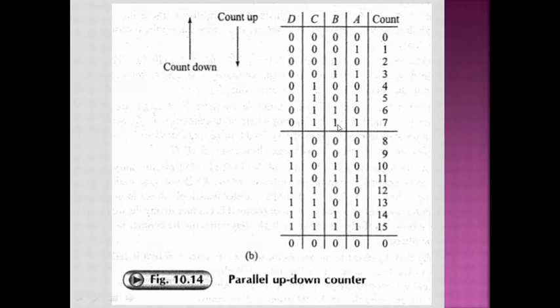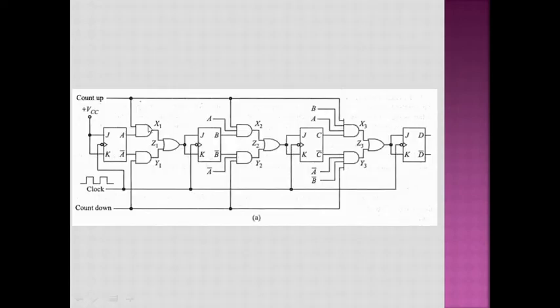So that is the reason in this circuitry we have made one of the inputs the count up line, and the other input A itself. When the count up mode is there, the count up line is going to be high, and the count down line is going to be low. Whenever the count down line is low, these Y1, Y2 and Y3 gates are getting one input low, and hence they are going to be disabled. That means no signal can pass through them. The outputs of Y1, Y2 and Y3 are going to be 0.